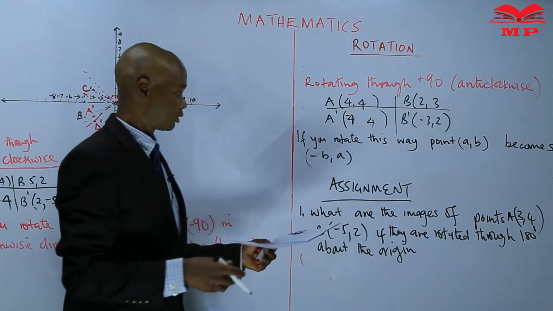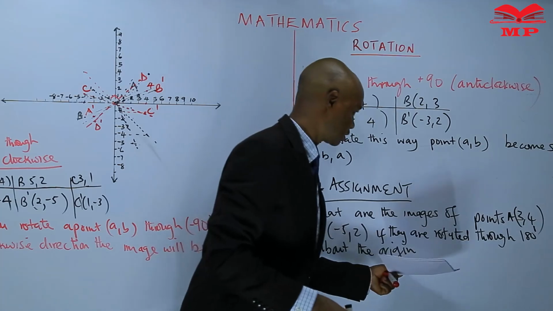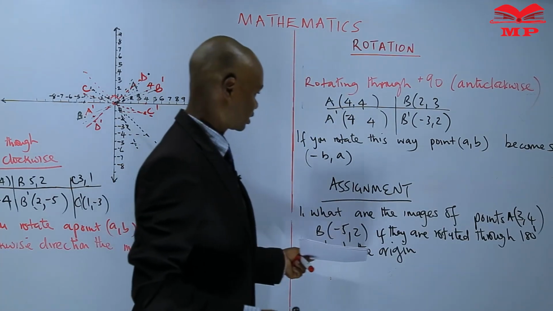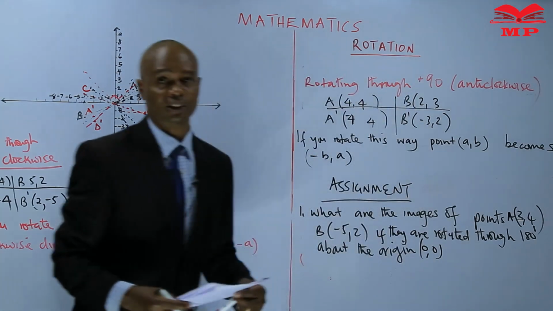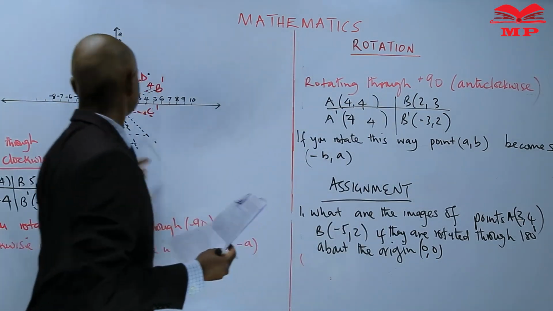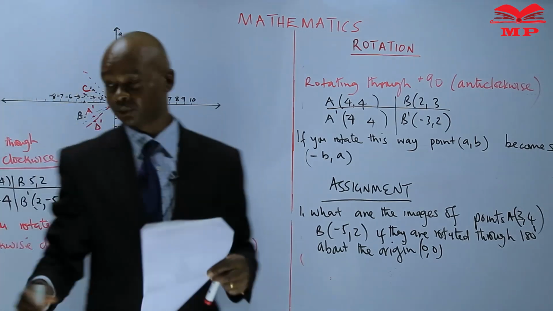What are the images of points A, B, and C if they are rotated through 180 degrees about the origin 0, 0? So as we end the lesson, make sure you understand what happens when you rotate through